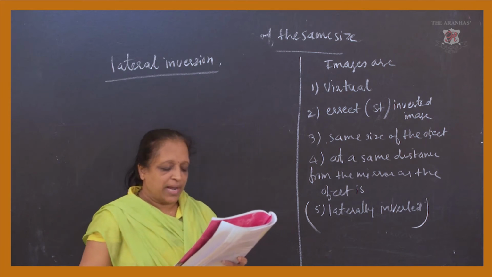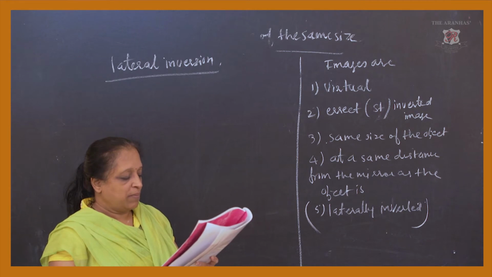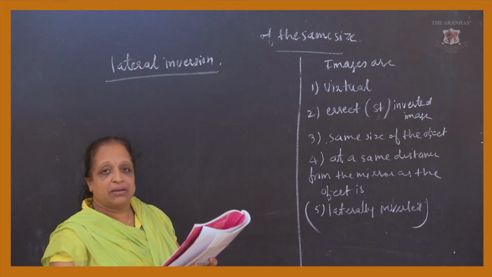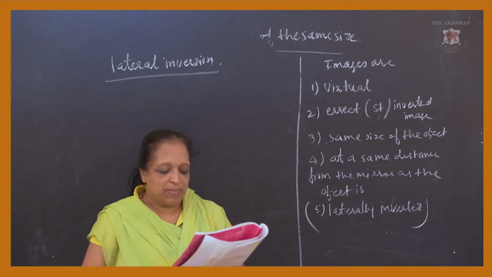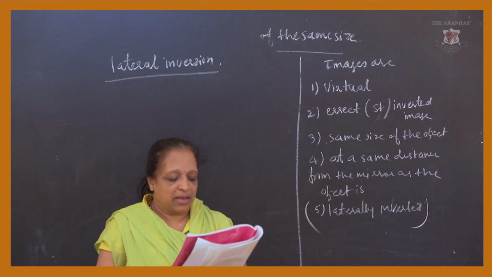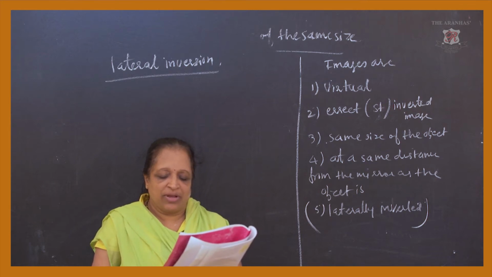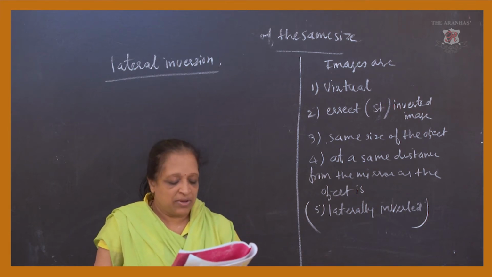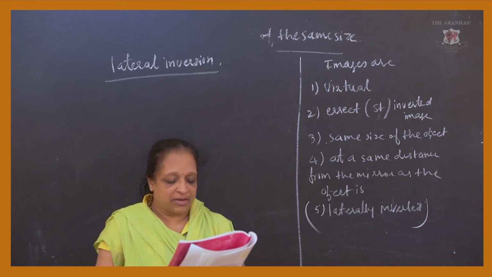If you hold up your right hand before the mirror, your image will hold up the left hand. If you shut your left eye, your image will shut the right eye. And if you hold up a printed line, you may not be able to make out what it says, because B will look like D and P will look like Q and so on. This interchange of the left and the right between the object and its image is called lateral inversion.